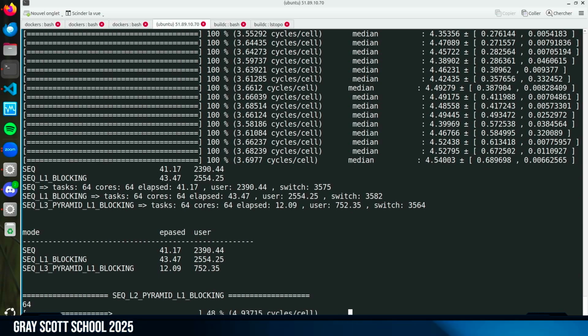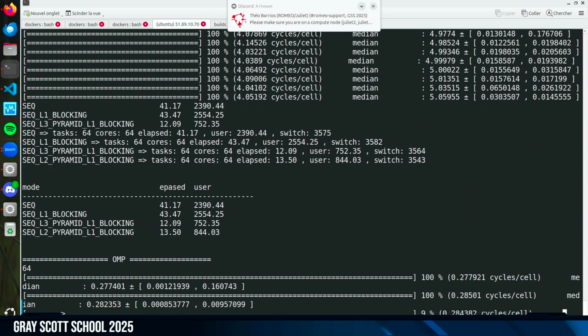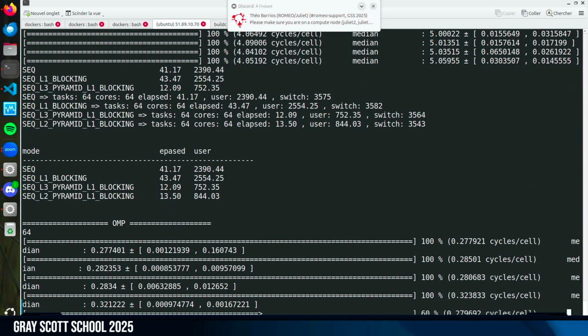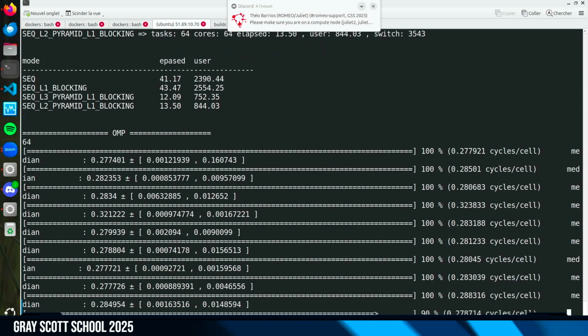Now L2 pyramid. And then there is parallel. So 64 times, so it will be a bit slow.